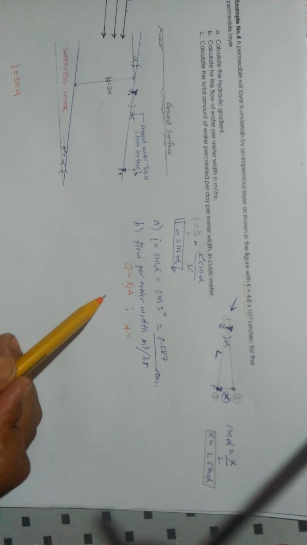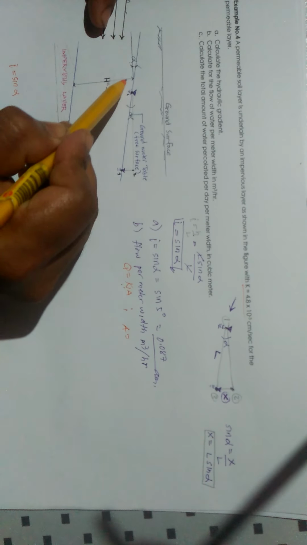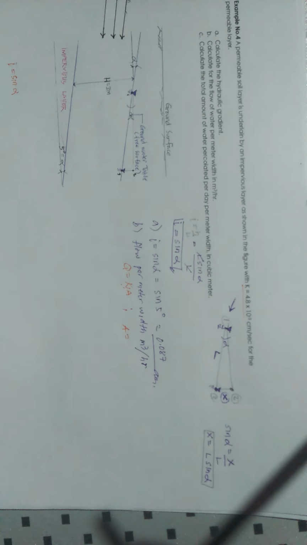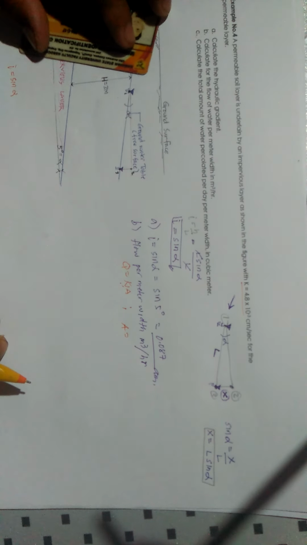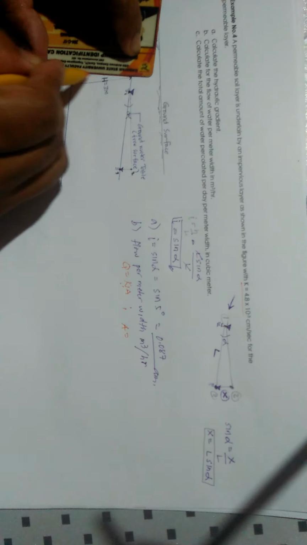the direction of your flow. Kasi ang area mo, it is simply equal to perpendicular to the direction of flow, that's your width, and then to multiply natin 1 meter perpendicular to the paper. So, mangyayari, ang kukunin natin ng area, guys, is this one. Kapag nakuha mo na yan,